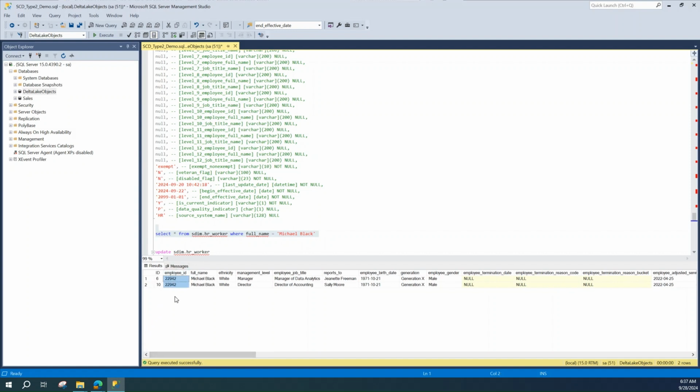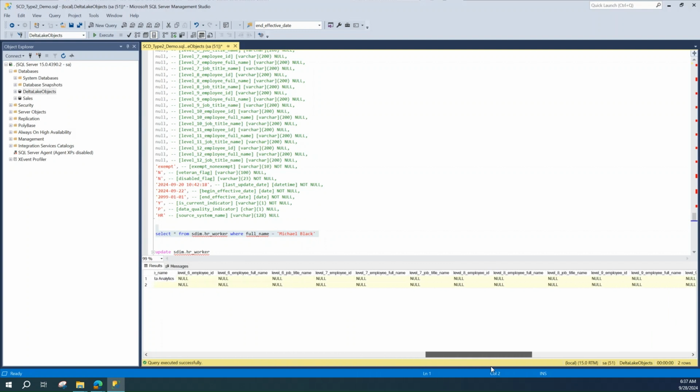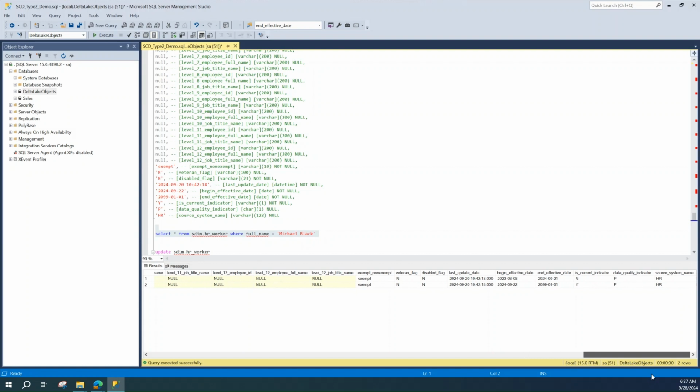So the way that this works, when you build your dimensional model and you join all your tables together, this is the data that comes in from the HR system. This is the employee ID from the HR system for this employee. So when you look up employees in all the other tables, that's going to reference that employee. In this case, he's got multiple rows in this table because one is the current row and one is a previous row. So when you're looking at data for him, like let's say, for example, you want to look at his performance reviews and you want to see how he's doing, or you want to see how many people reported to him